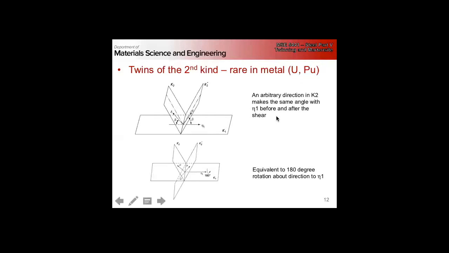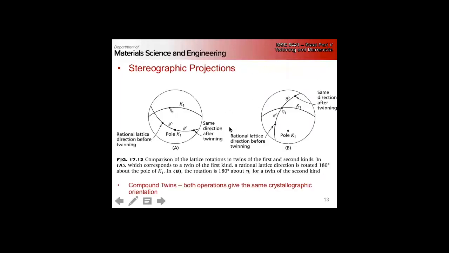And so what we end up with is some arbitrary direction in the K2 plane has to make the same angle with the shearing direction before and after the shear, right? And that's the geometry of this, right? And if we look at what happens on the stereographic projection,